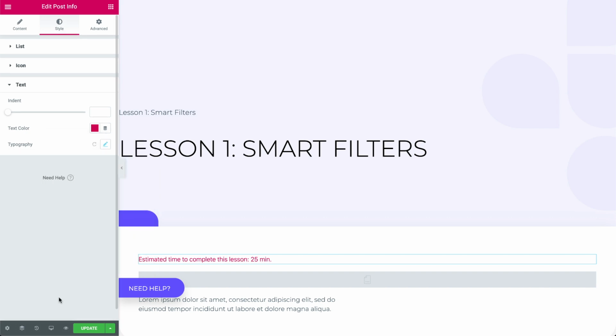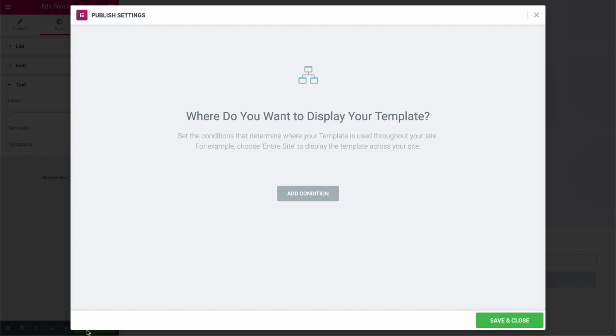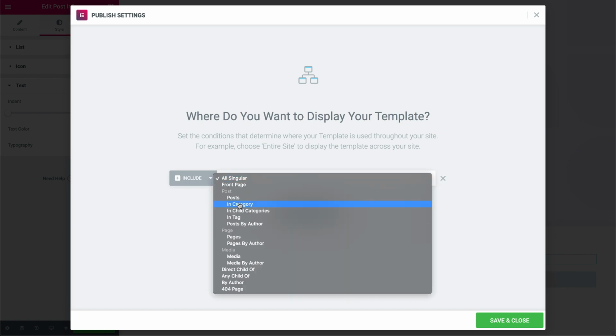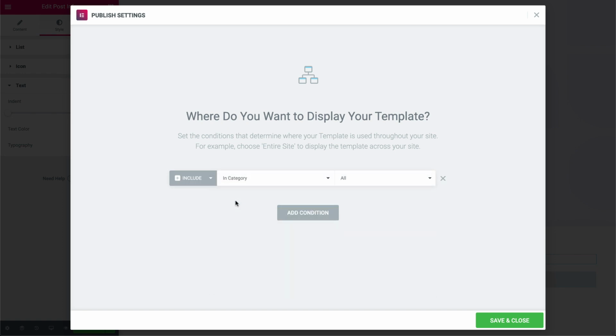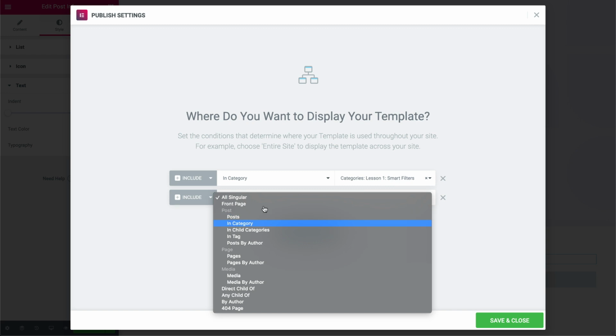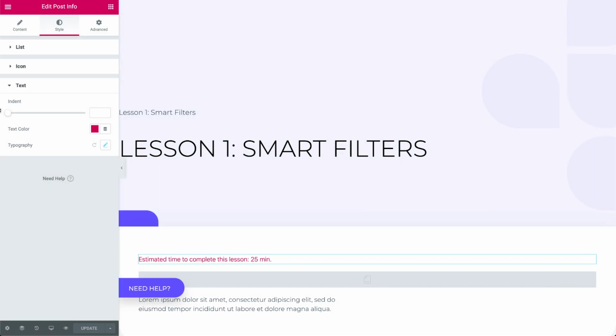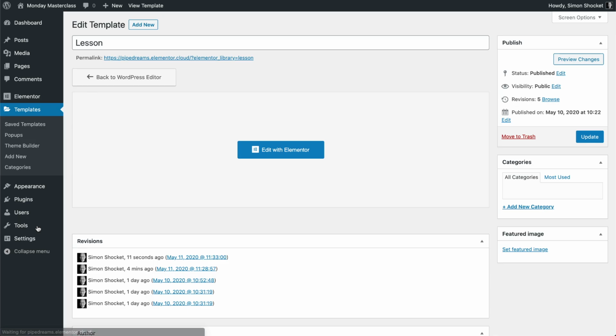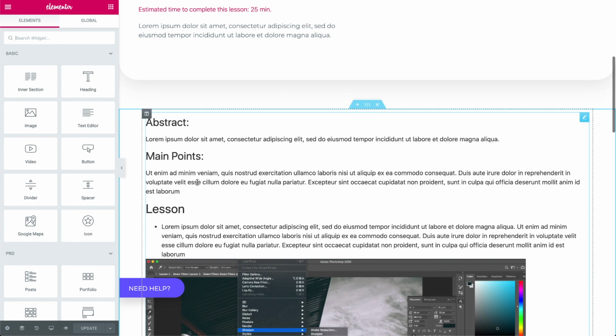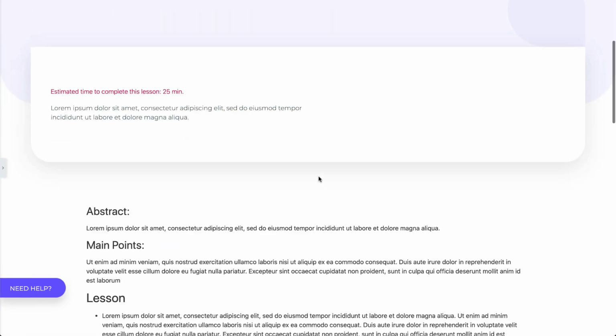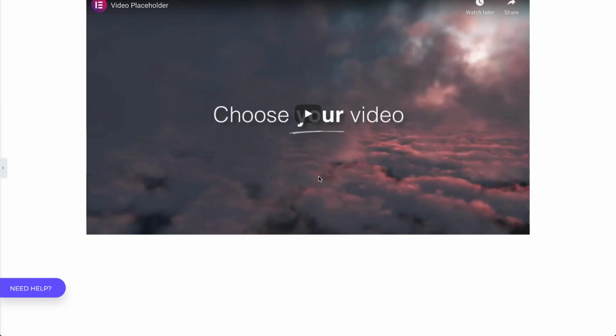Now, once we're happy with our template design, we'll publish it and set the conditions to appear according to specific categories, which in our case are also specific lessons. This way, we set this template to appear with all of the lessons and click Save. Now I'll go to one of my posts and check that everything is okay. And as you can see, our content is nestled nicely within our single post, or should I say single lesson